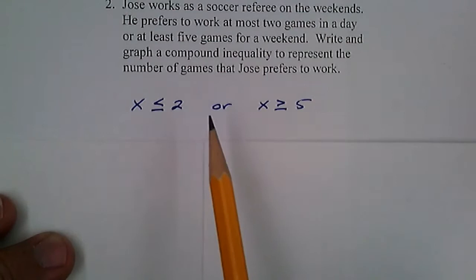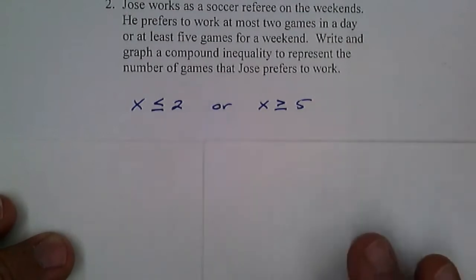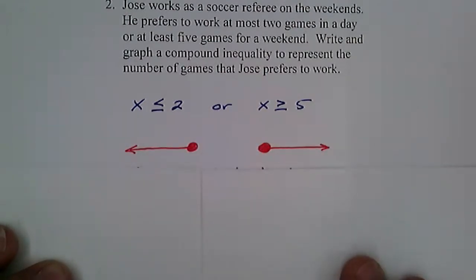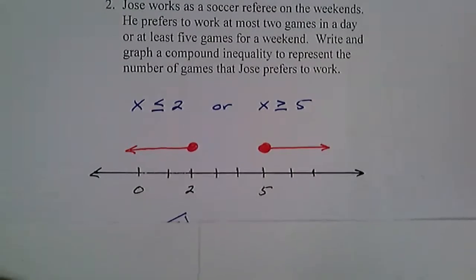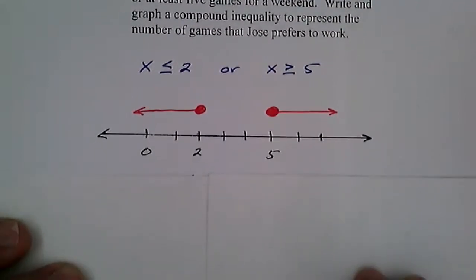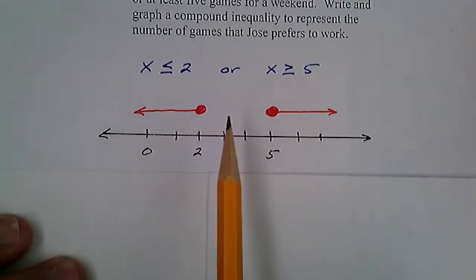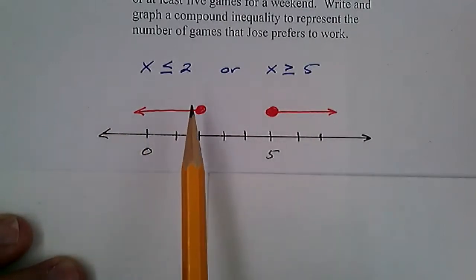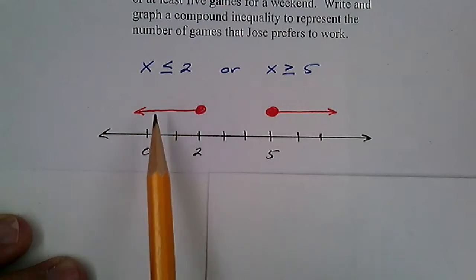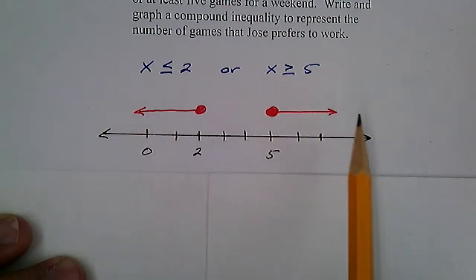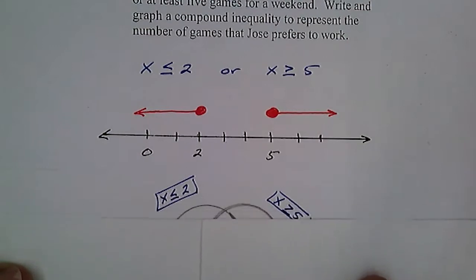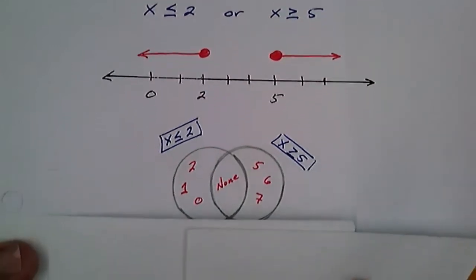Okay, so this is an OR problem. We know the graph is going to go out. Okay, so it should look something like this right here. So we know that he wants less than or equal to 2. You can't have negative games, so it'd just be 2, 1, or 0, or greater than or equal to 5. Okay, another way to think of it would be,